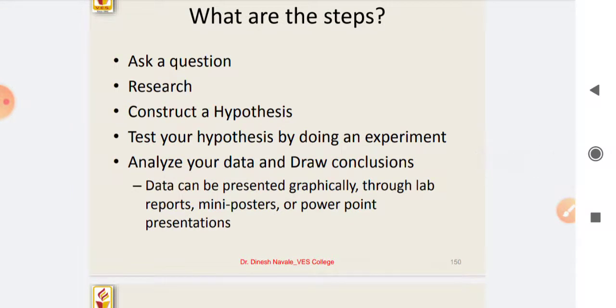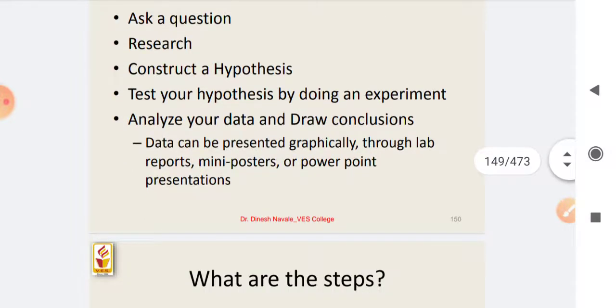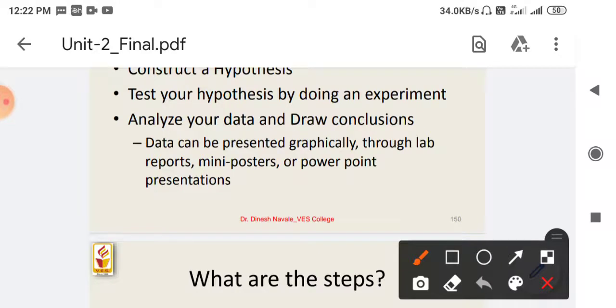Once we have designed the experiment and obtained results which correlate with the hypothesis, then we need to analyze the data and draw certain conclusions from the obtained data. This procedure only happens when we have got a result close to that of the hypothesis. Once we have got that result, we need to analyze the data and draw the conclusion. So how can we do that?